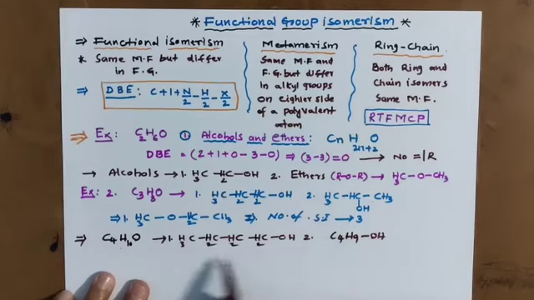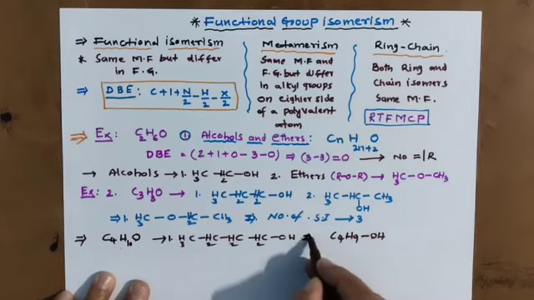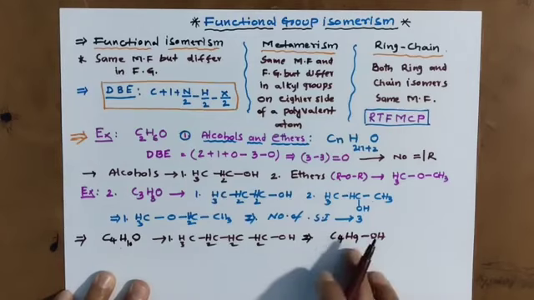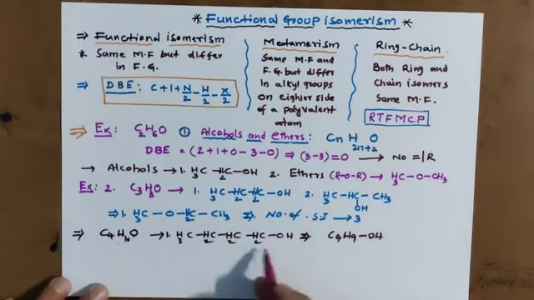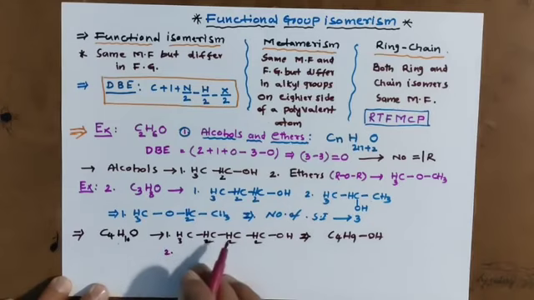This is the butyl group now. In alkyl group isomerism I told you the butyl group has three forms: n-butyl, isobutyl, secondary butyl. And this is n-butyl now. You go for isobutyl